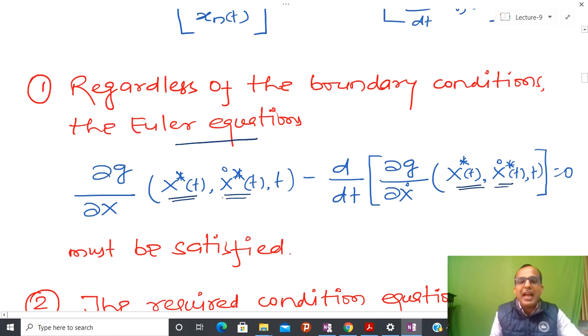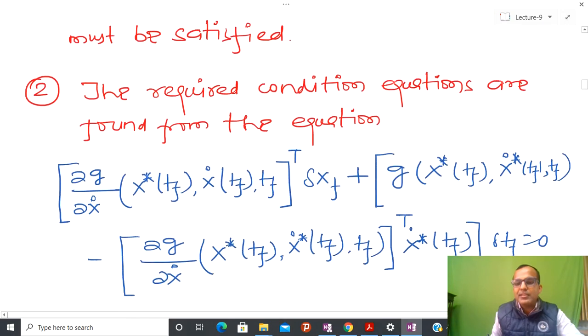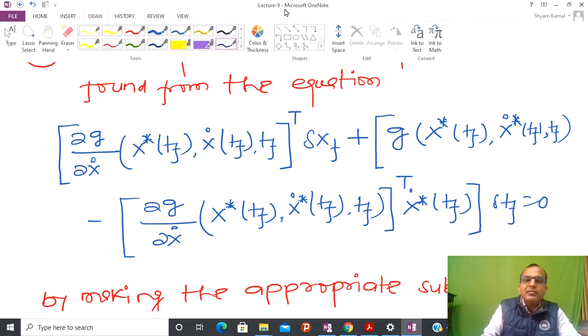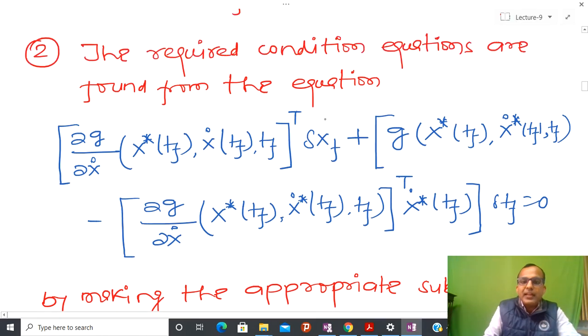Now I have 2n different differential equations. In order to solve them, we need certain boundary conditions. If you remember the previous lecture, I told you that whenever we find the boundary conditions, during the variation I have two parts. One part is the variation of the endpoint. The endpoint contains time as well as the end state, and due to that I have a term that comes into the picture. Here you can see that this is due to the final state and the term associated with it.